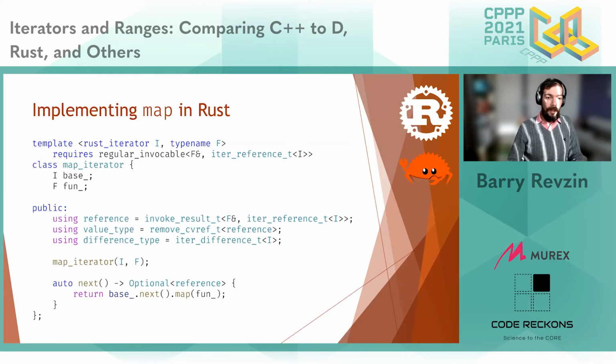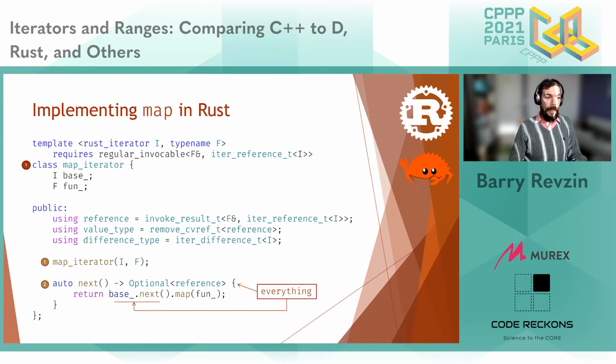And thanks to Sci, in C++23, we will have this on standard optional as well. And what I like about this is we have this really nice symmetry, is that we're implementing a map iterator in terms of map on an optional. Of course, in C++, this would be implementing transform in terms of transform on an optional, but we still have that same symmetry. So importantly, we're implementing our next in terms of the underlying next. We're just invoking this function on top. We just have the one type. We just have the two functions that we have to implement. So it's not a lot of code,